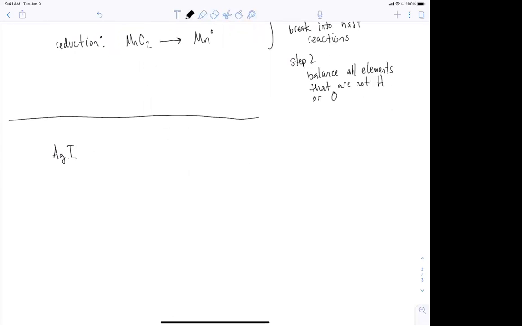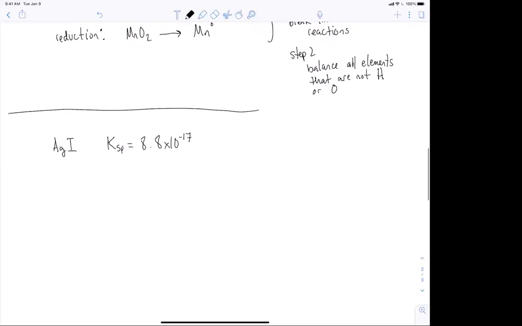The instinct is to just look at the KSP and assign the solubility based on that. Which is not a bad instinct, but you have to remember that the KSP